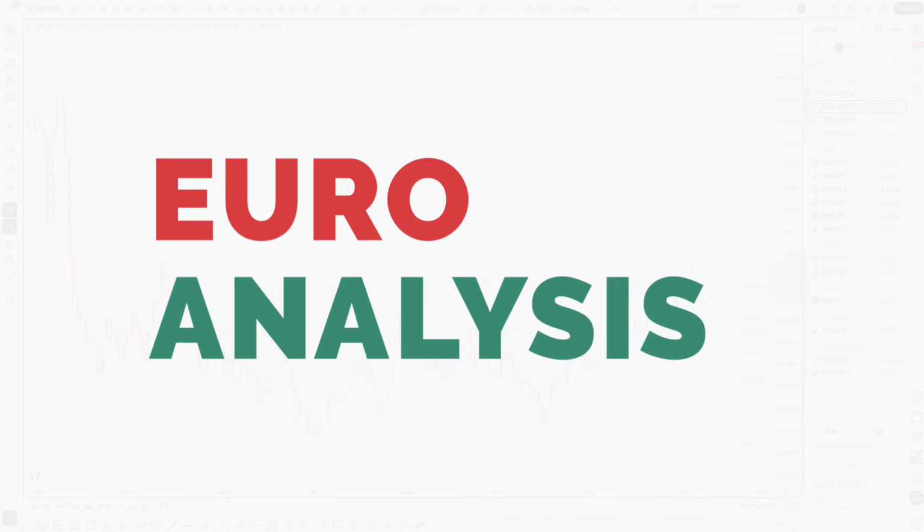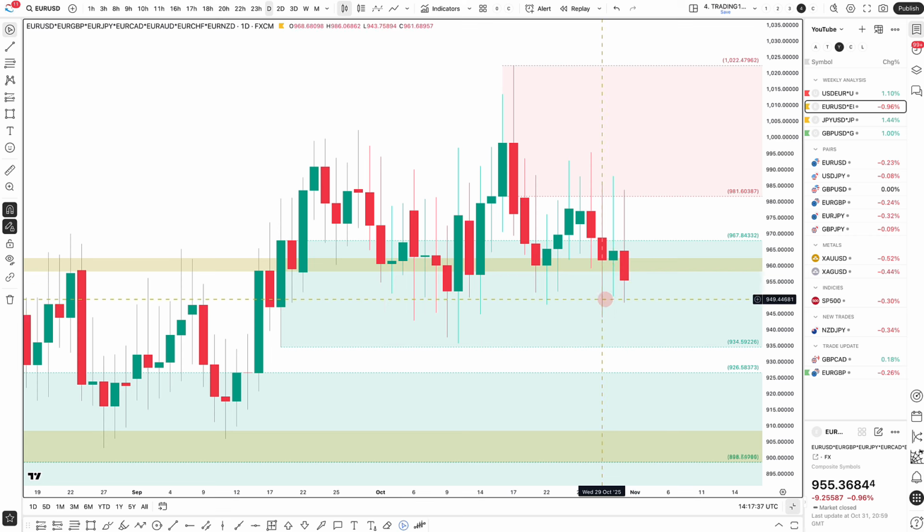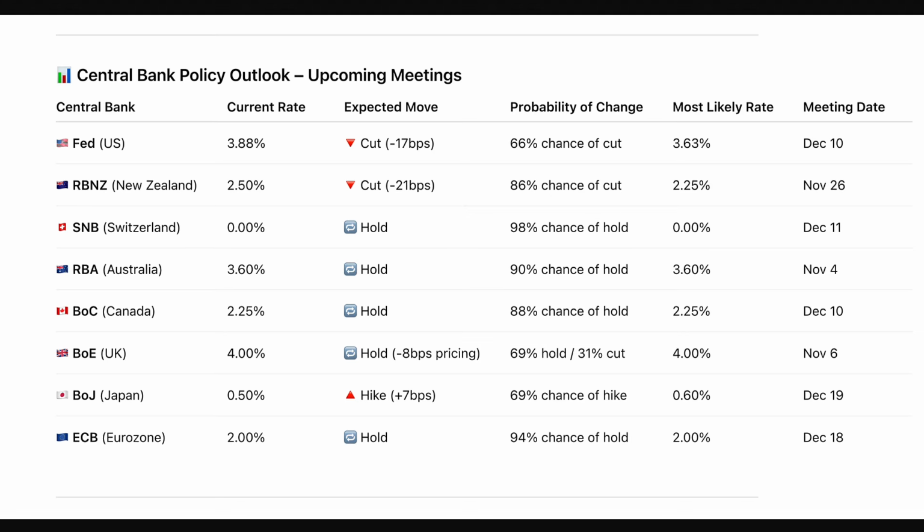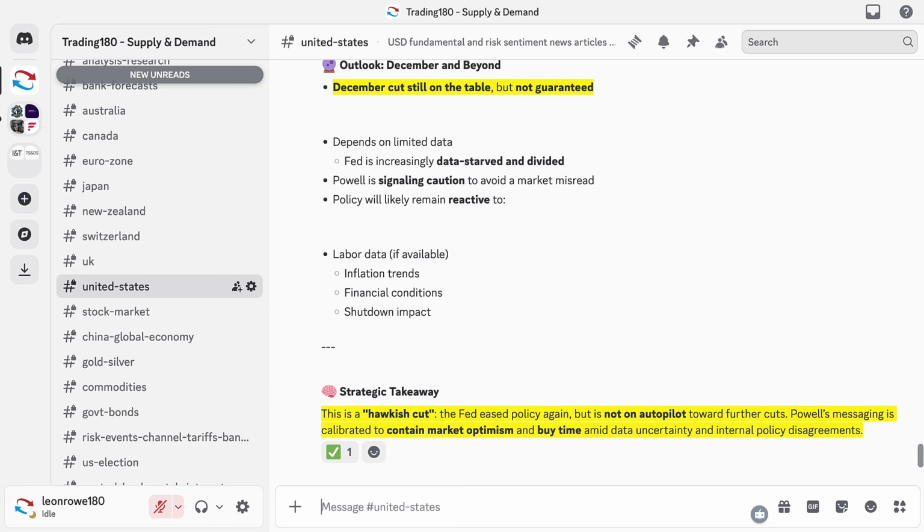The euro, looking at this, the equally weighted index, it has pulled back a bit now. I do think the euro is still in a better position than the dollar, and that is due to rate holds. So the central bank really is satisfied with where the euro is at the moment. 94% chance of a hold at their December 18th meeting. Now again, that is subject to change dependent upon inflation data and GDP data, but currently when we look at what the European Central Bank are saying about interest rates,